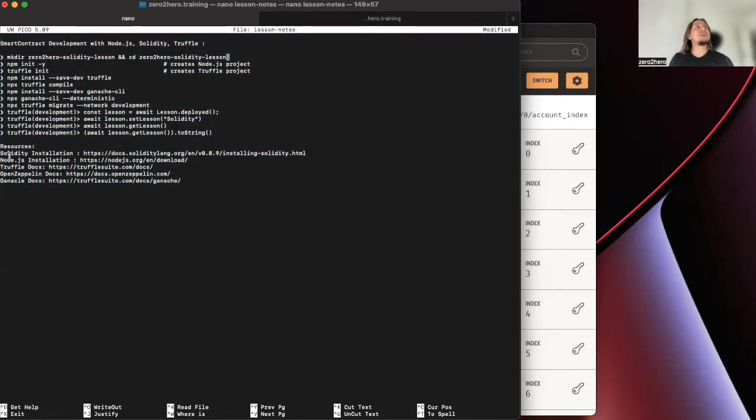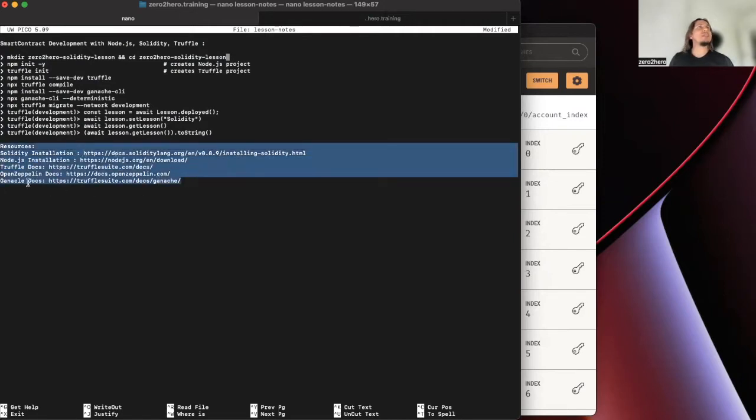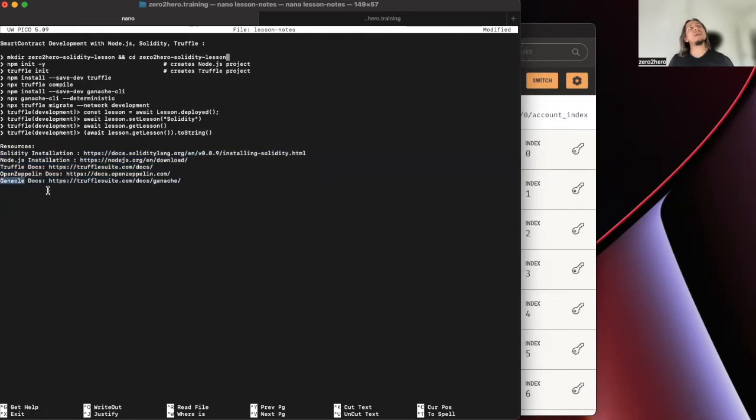And for the project, you need to install Solidity. And also, if you don't have, you need to install Node.js and Truffle. You can download them from those links, and also Ganache. Ganache is a local blockchain. Let's start